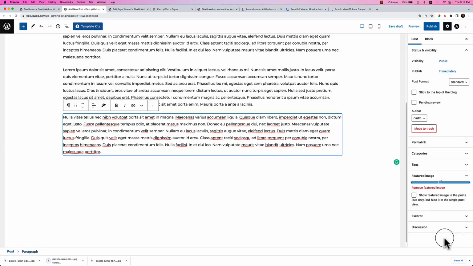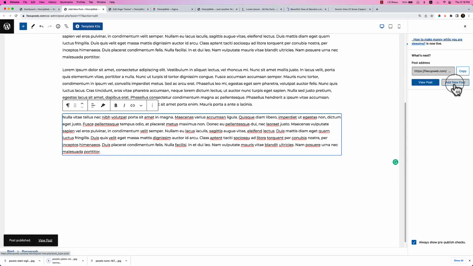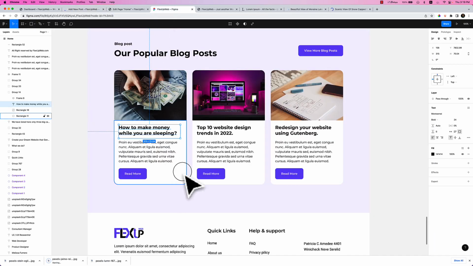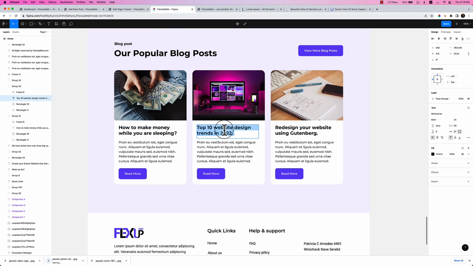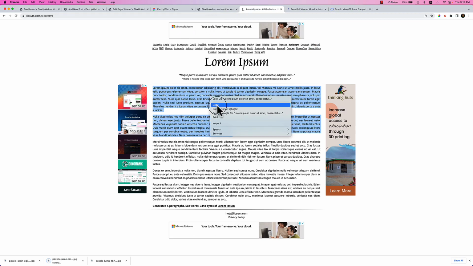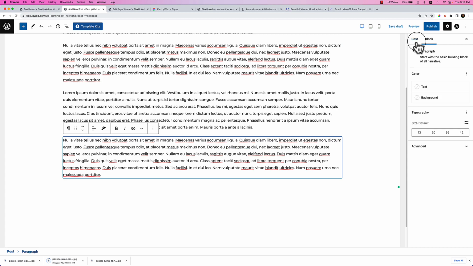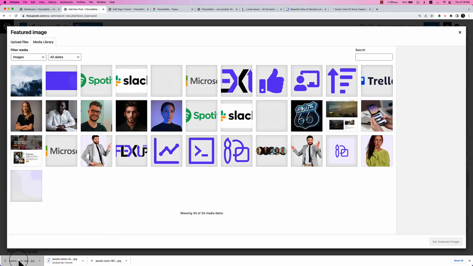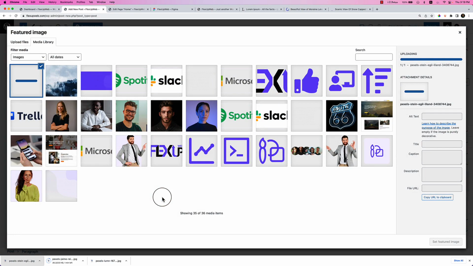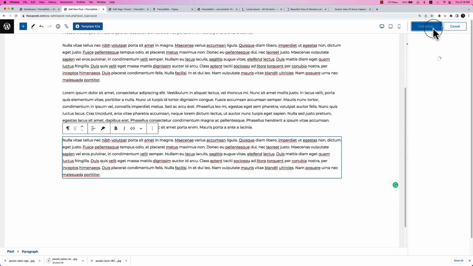Let's use this one as of now, and click publish, click add new post, copy the title from here, go to post, and copy the content from here, paste them, go to post, choose featured image, and paste them here. Just upload another one, click publish,